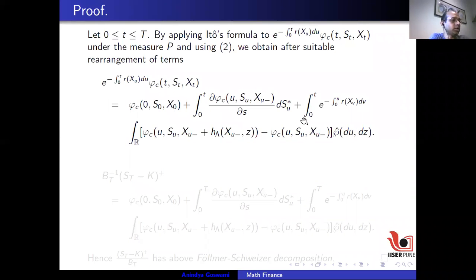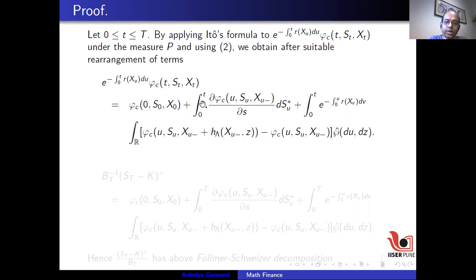I think my connection was a little bad, so let me repeat again. Here also, I'm not giving full details for one single reason: for this part, you need Ito's formula, as we have done for the Black-Scholes case also. And Ito's formula for discontinuous stochastic processes was possibly not introduced to you. So I'm not going into the details, but I'm saying that here also, if you apply Ito's formula appropriately for the discontinuous case, then you are going to get again